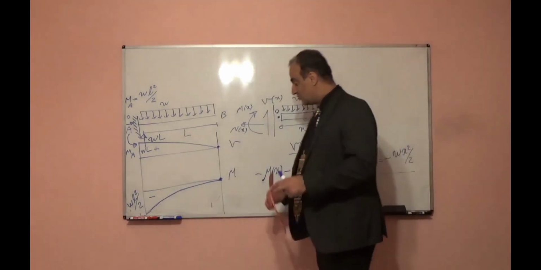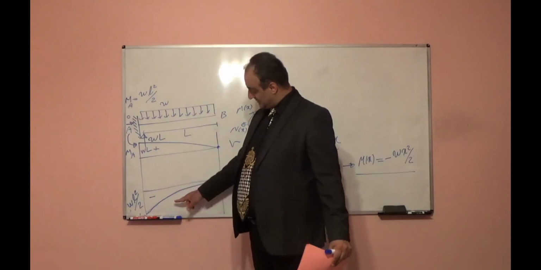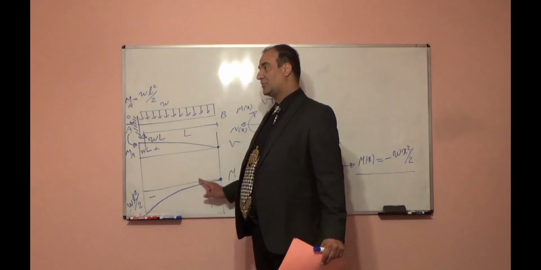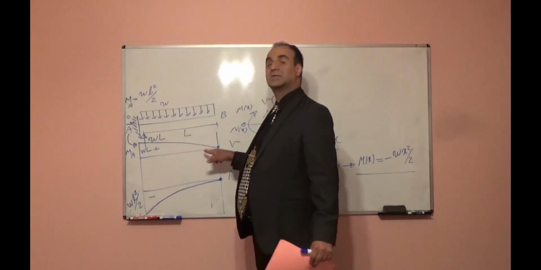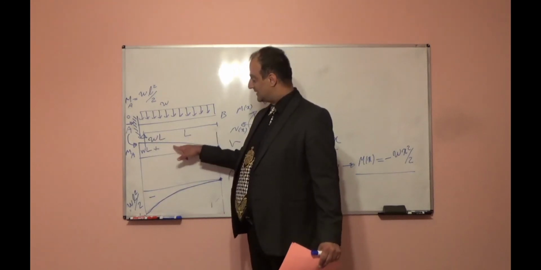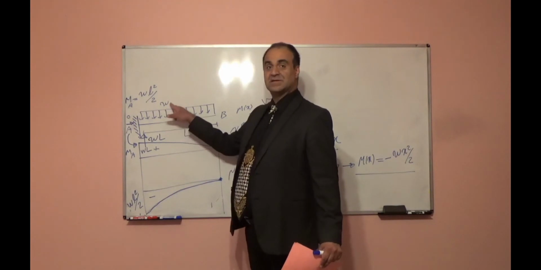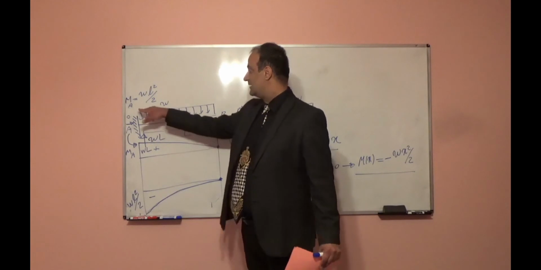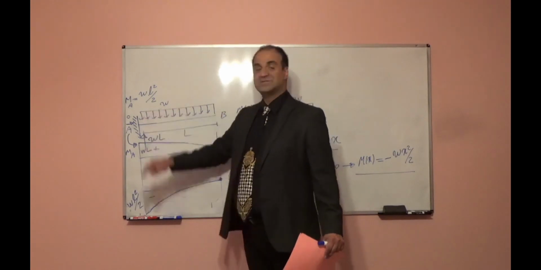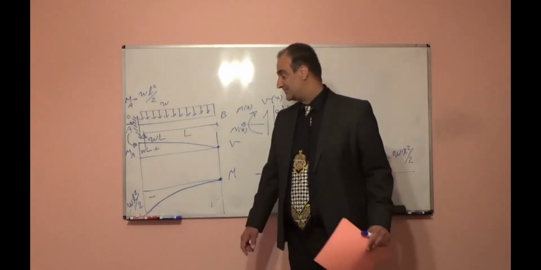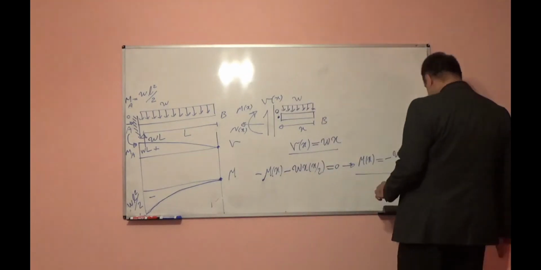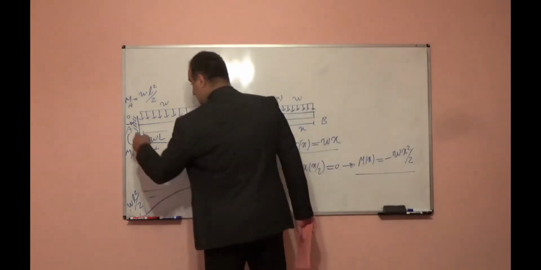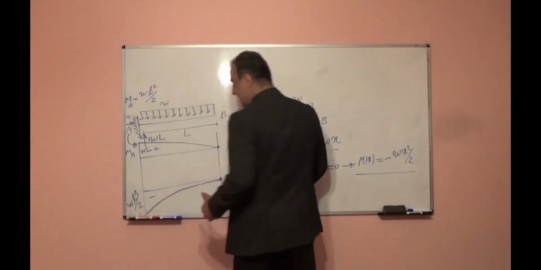The derivative of moment is shear. The derivative of a second order equation, a parabolic shape, will be an inclined line. The derivative of an inclined line is the distributed load intensity, which will be one horizontal line. So that is right. But once I want to draw the curve and attach point A to B using one